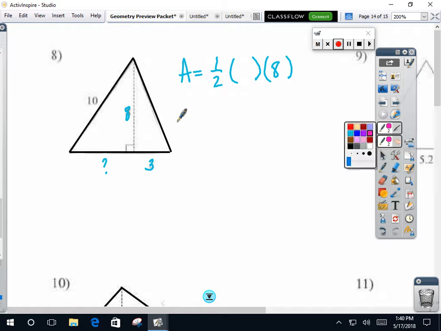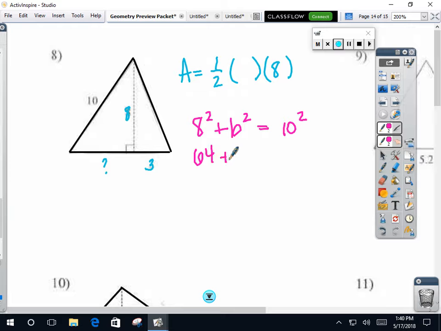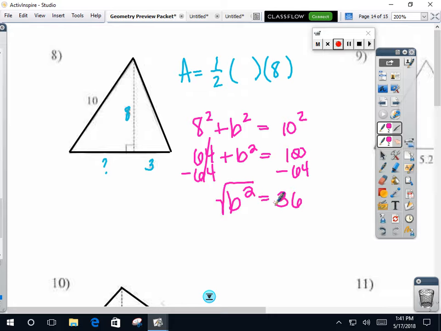So that would be 8 squared in the a squared part, pay attention, plus b squared is unknown currently, equals c squared. Then that will become 64 plus b squared equals 100. And now what do we do? Minus 64. And b squared now equals, and now to solve for b, square root it, and so b equals, so now we know that this portion of the base is 6, so